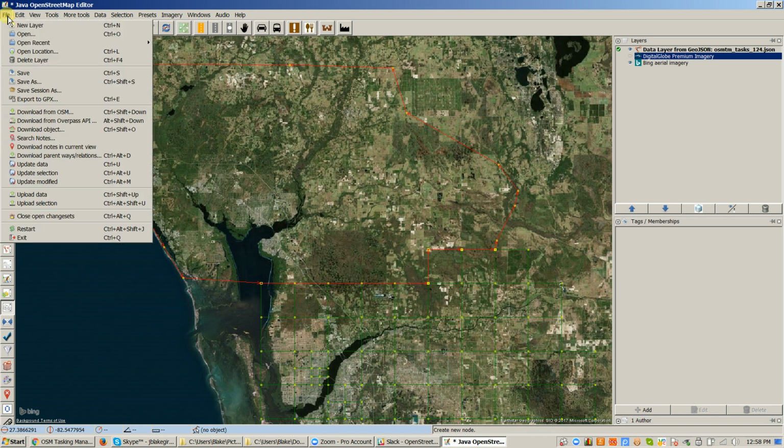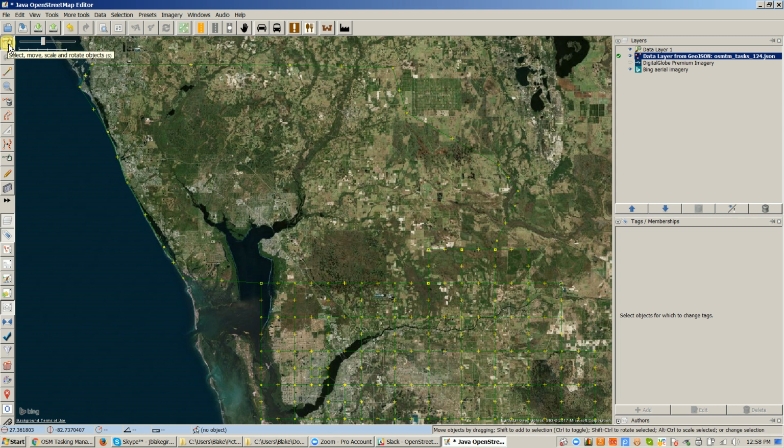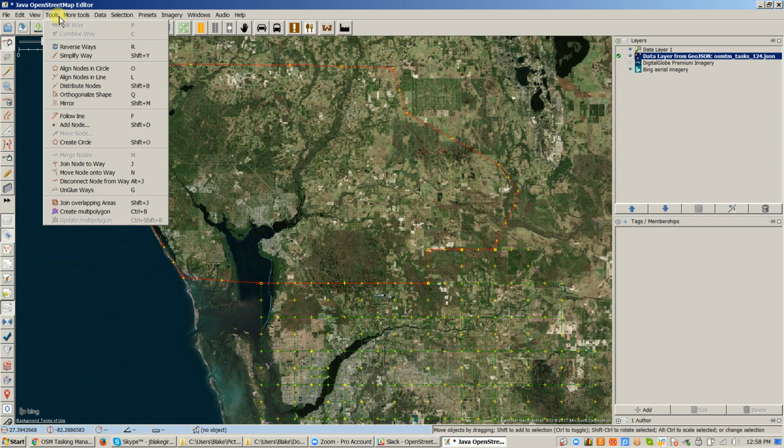I come up and I say File, New Layer, Data Layer 1, and it puts my editor there. But I'm going to switch back here, and I'm going to hit my S key. I'm going to go get my Select tool, hit the S key, your Select tool, and I'm going to click on not a part that involves the task squares, and I'm just going to get that whole thing. And then I'm going to go up to Tools, and I'm going to say